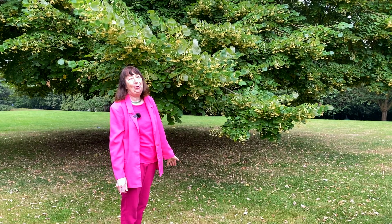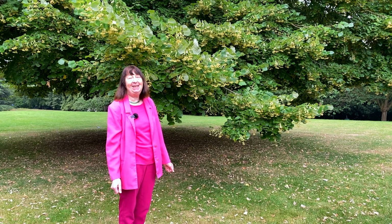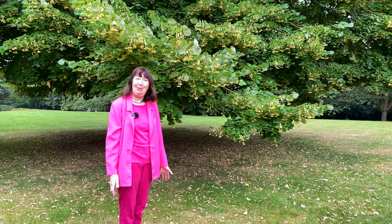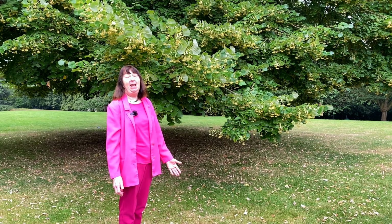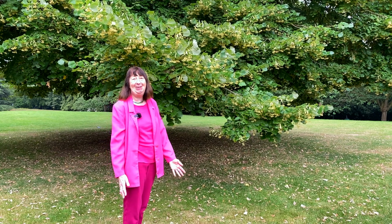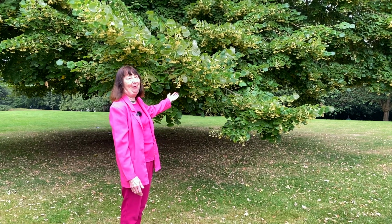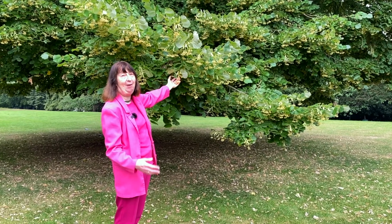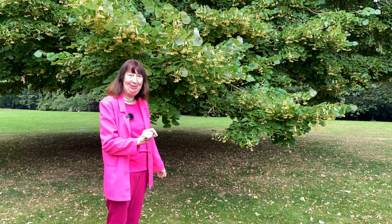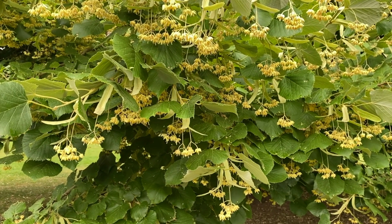This is a lime tree on the top lawn of Jephson Gardens. Another name, the old British name, is a linden tree. Hence we've got the linden arches in the Pump Room Gardens with all the limes or lindens down the side of the green space. This tree is in flower. They are known as perfect flowers because they have both male and female parts, loved by bees and loved by